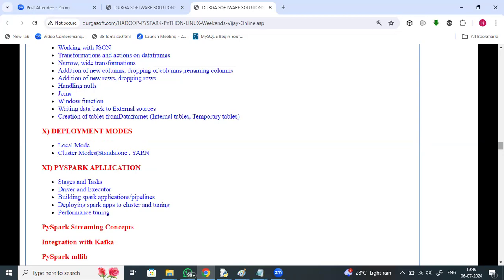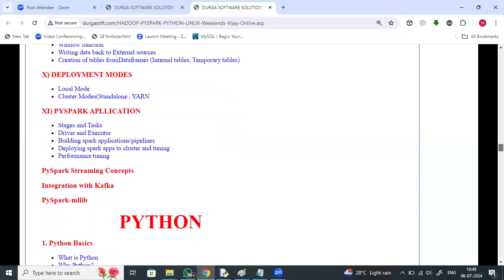Hadoop and PySpark. Apart from that, even people who don't have knowledge and who prefer to go along with Python, right? Because for PySpark, you need to have some command of Python coding. Implementation goes in Python, so you'll be given brief knowledge on Python also, right?